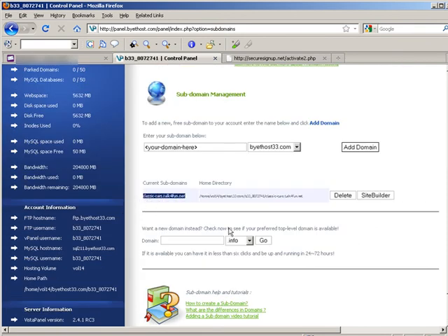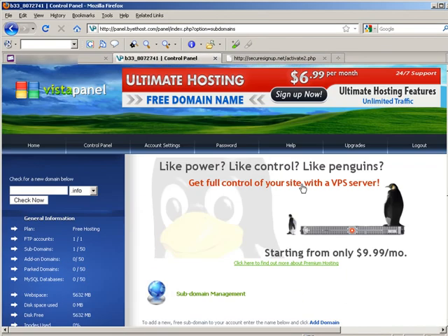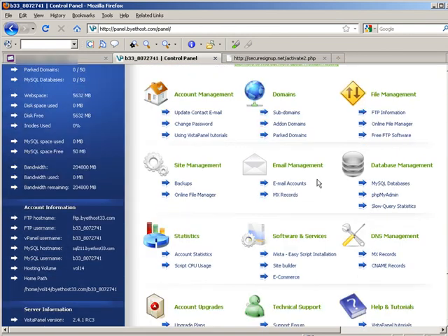So I've set that up, and I can now go upload my files up to there, or use the built-in site builder. Okay, and then I can use the site builder to build my site from there. Okay, and then it also has, as you saw, SQL databases up to 50. So you can use SQL databases. You can install WordPress on here